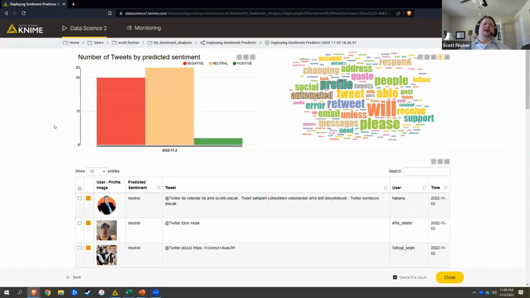But this just gives you an idea of what you could do practically speaking when we build a model, right? It's one thing to build a model as a data scientist and predict something, even if it's very accurate. We want to be able to use that information to drive decision making. So if we build a dashboard like this, we might be able to turn it over to someone else who's not a data scientist, maybe someone who has never seen KNIME before at all, and help them dig into these tweets